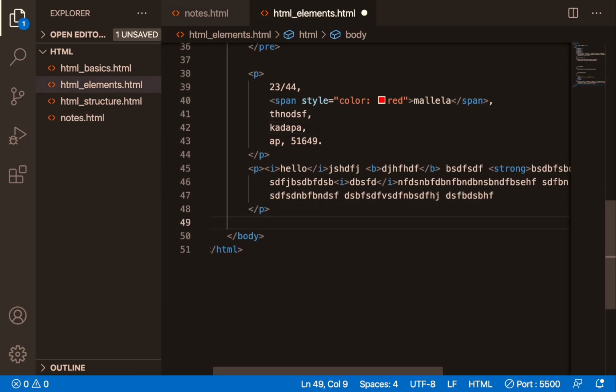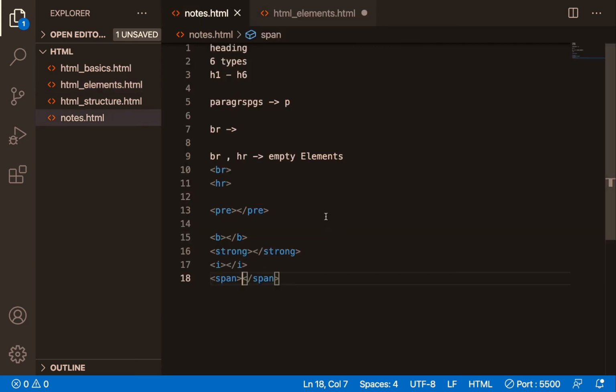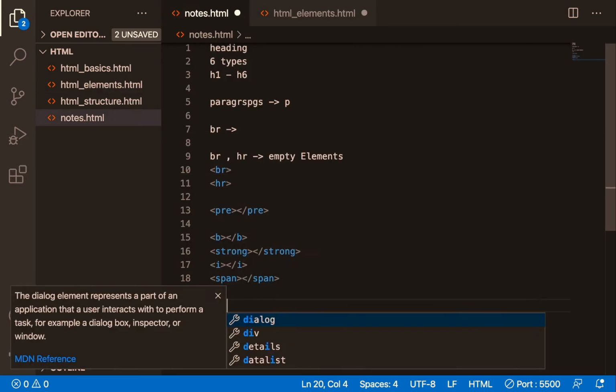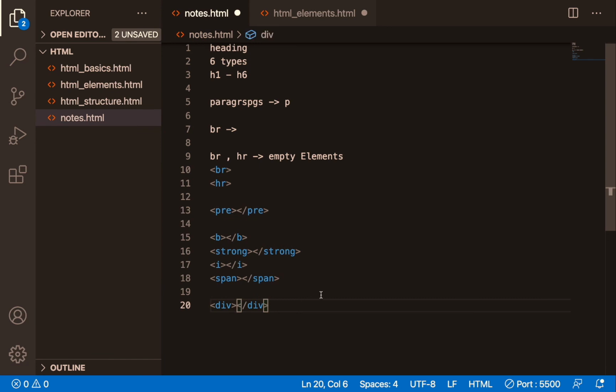There is one more element, div. Div has a starting tag and an ending tag, and in between we will write the text. This is the most popular element, most people will use it. Headings are the most popular, and next one is the div.